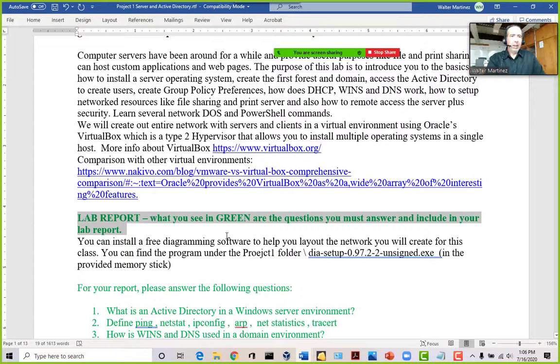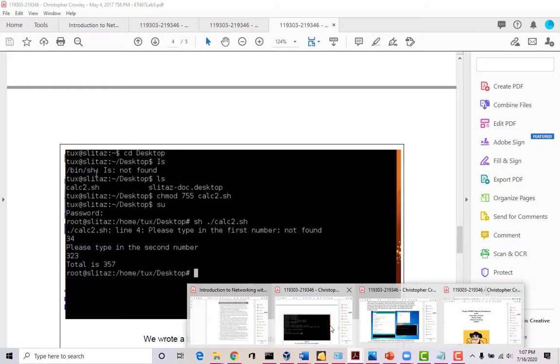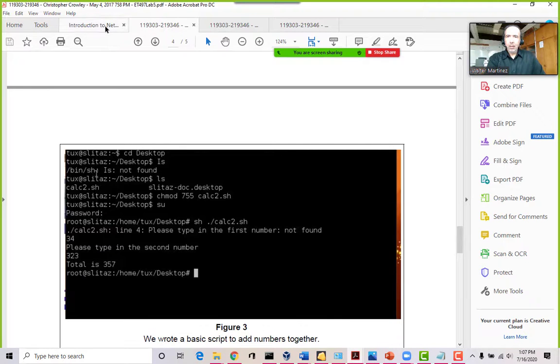I also have examples of all the labs of what they need to look like so that you can refer to them and figure it out, because there's a lot of little things that you have to look for. And so I want to show you an example of what the lab reports look like. You can kind of see here. So let me show you here.